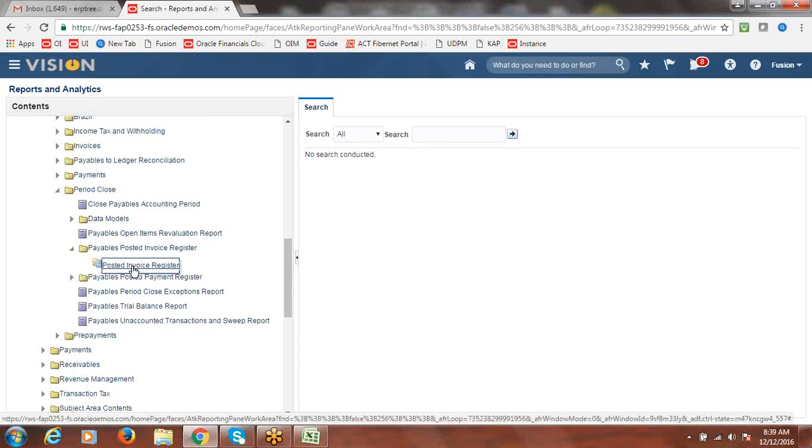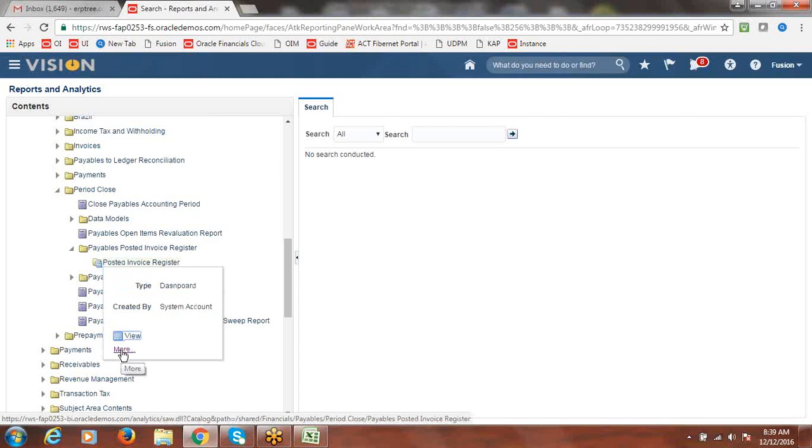Expand this and go to posted invoice register. Posted invoice register means the invoices accounted and transferred to GL. Just click on more.